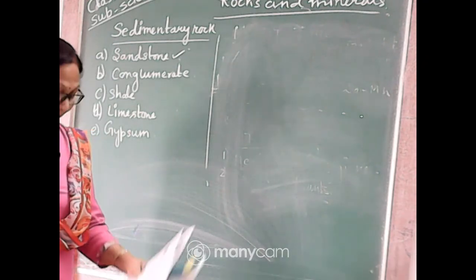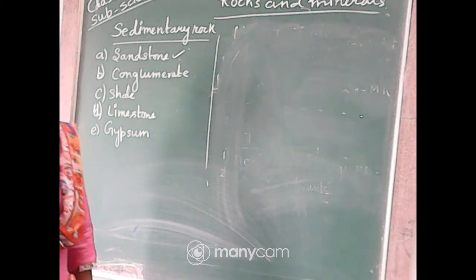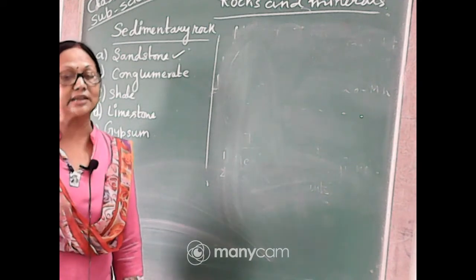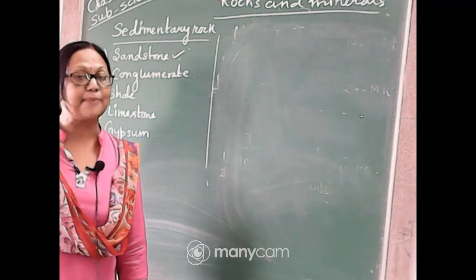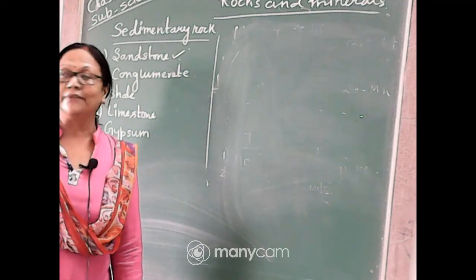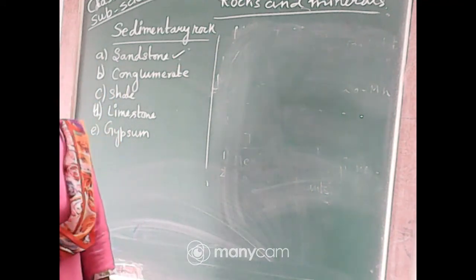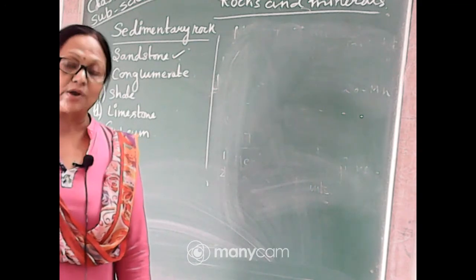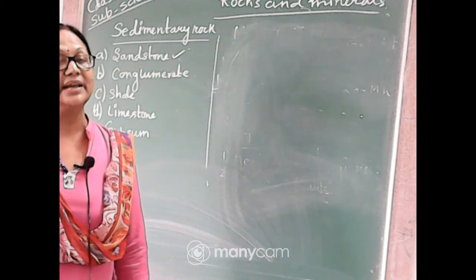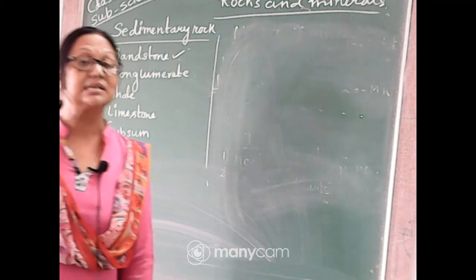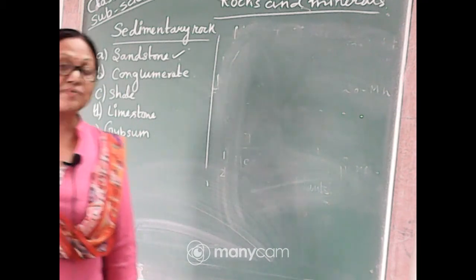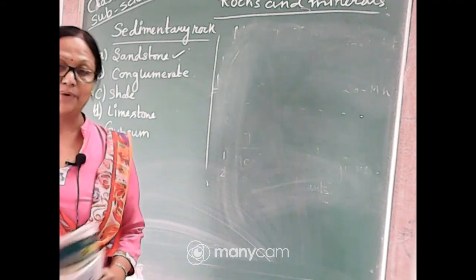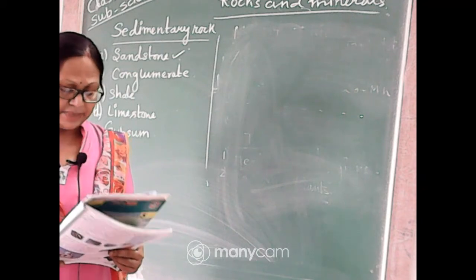Mostly they are found in orange color, and there is a very good use of this kind of rock. Actually they are crushed to form paints, different types of paints, which we know as weather-protecting paints, or sometimes we paint our houses yellow and orange on the outside, because they are weather protected, whether it is rain, or very hot summer seasons, too much heat. Due to these extremes of weather change, it will not affect the house. So an excellent use of this type of rock is weather painting, as well as construction and